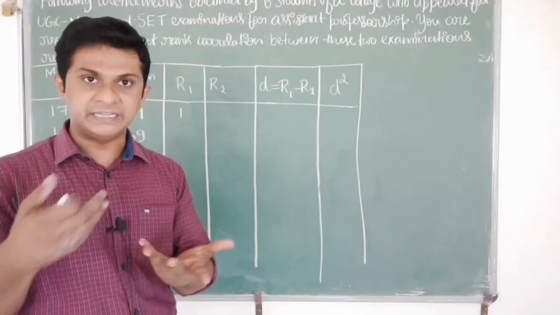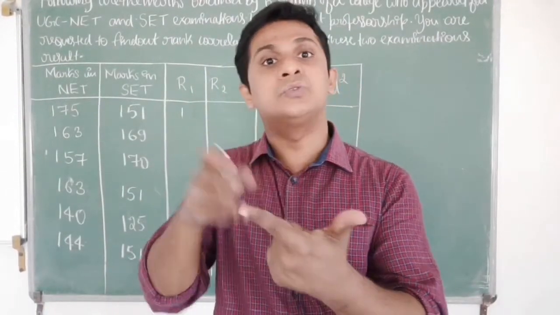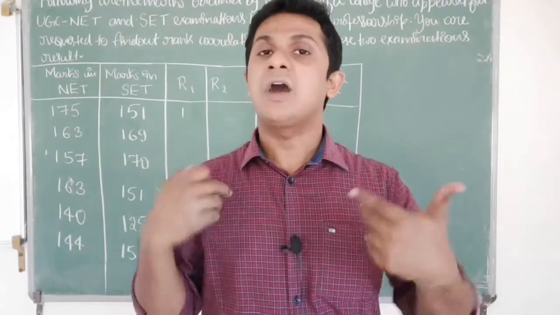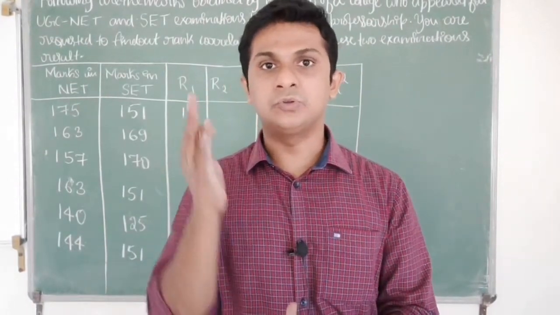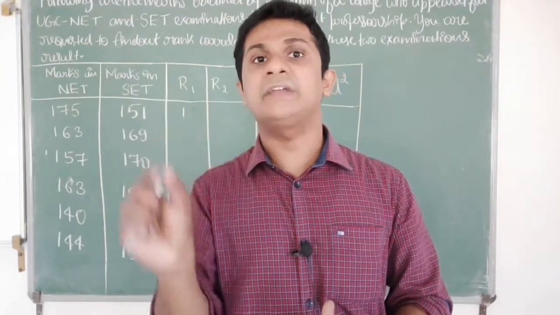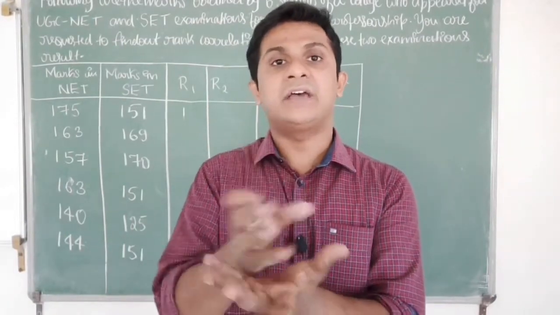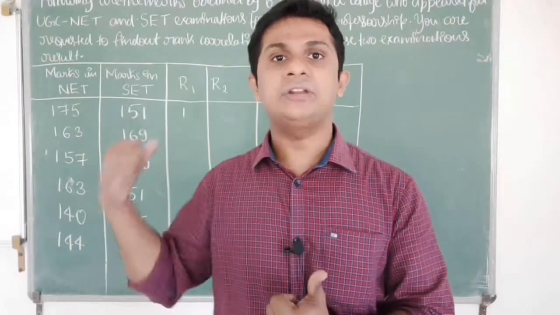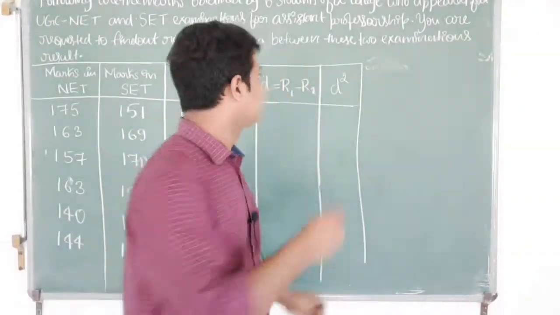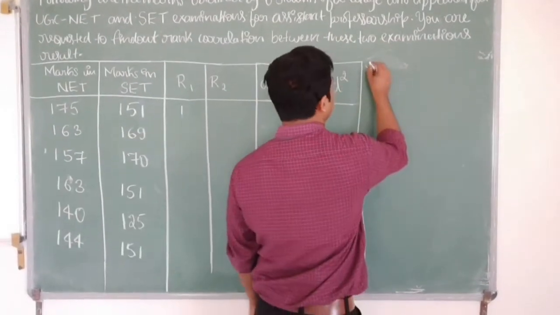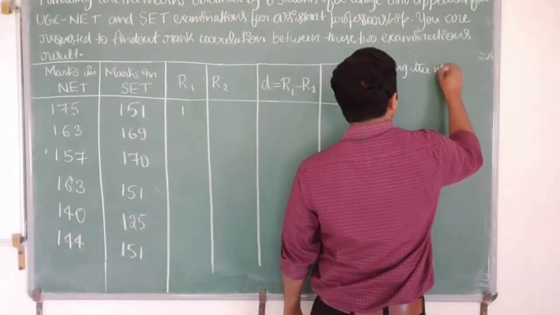Since they are getting the same value, we have to find the average of these two ranks, that is second and third. How to calculate the average? It is 2 plus 3 divided by 2, that will be equal to 2.5. So 2.5 rank should be allotted to both of them. So this is how we find the average of the ranks depending upon the number of repeated values. Let me write that first before allotting the rank. You can write it under the table, among the marks in NET, right?